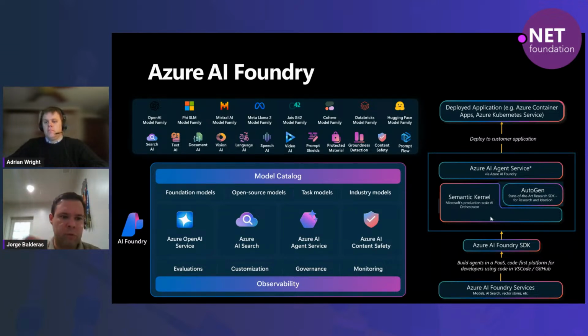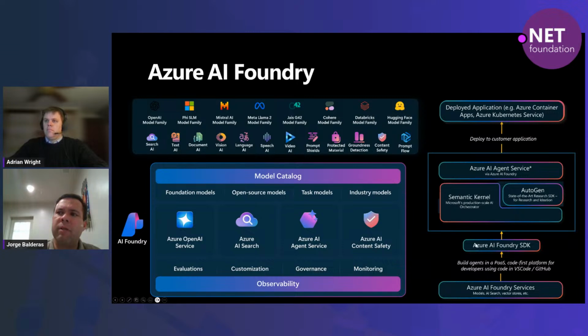That's like building AI applications from a bottom-up approach, where you start writing code to tap into the models and expose that in your application, versus a top-down approach where you can also start from the Azure AI Foundry services. Azure AI Foundry gives you a portal, and Adrian will show this, where you can build a chat playground and experiment with the chat or experiment with agents as well. So you have those options available, and then from that you can take it and deploy it. It's not just a playground. You can actually take that and deploy. So you can start from there.